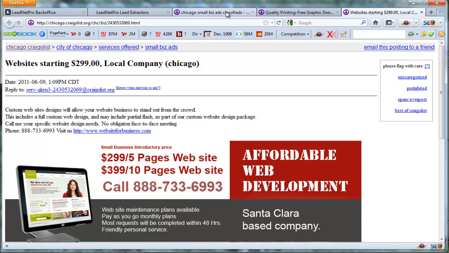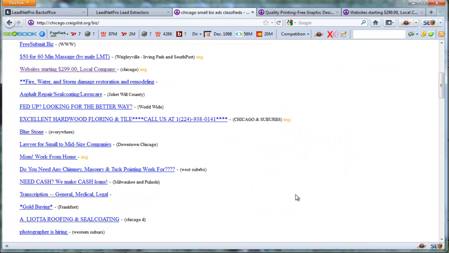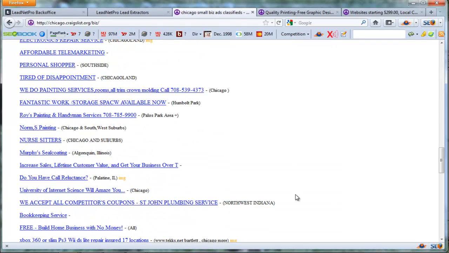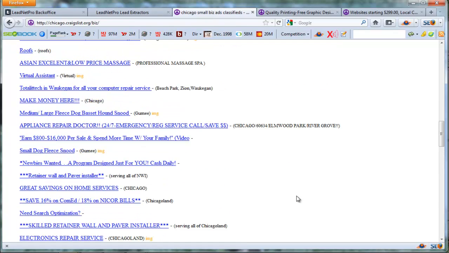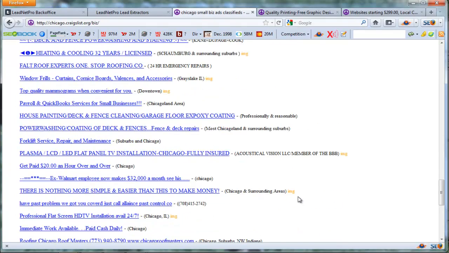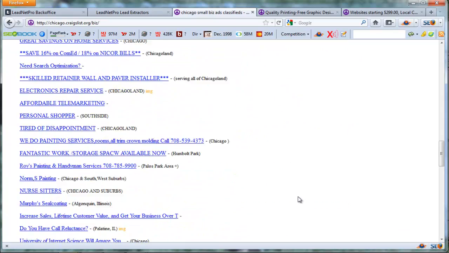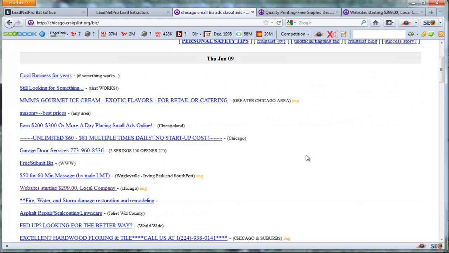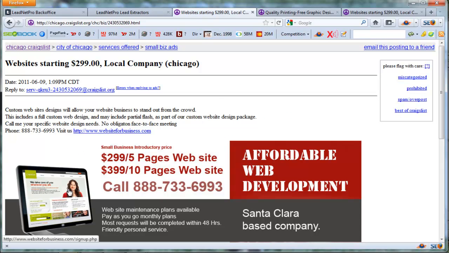So if it's not listed, it's going to grab from that first page, second page. Sometimes it will dig deep into the third page, but for the most part it will grab from that first page. So what's happening on that day? There's 100 ads here. If you wanted to grab from all across the country, you can do that, but we're grabbing from this list right here. So this is the website starting at $2.99,